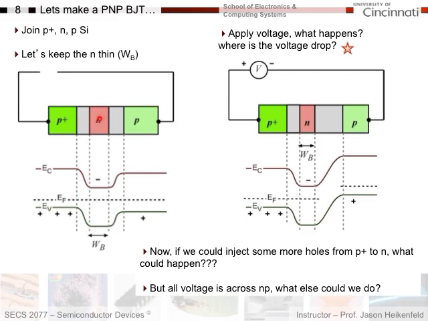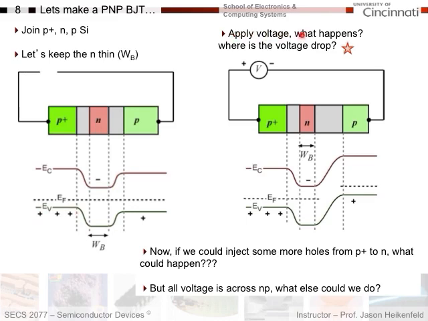And here I have my lightly doped p-type collector out here, and you can see it's p-type as well. And so you join the bands together and you get this sort of shape. And of course this is n-type material, so I have electrons. This is p-type, so I've got holes. So here's my design. The next thing I want to do is put a voltage across the